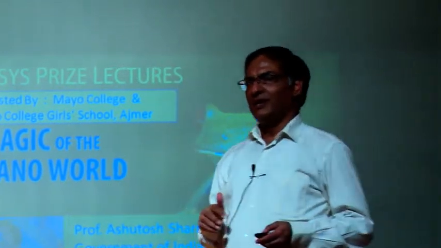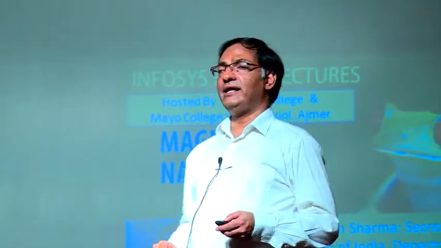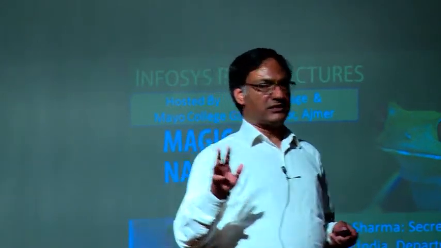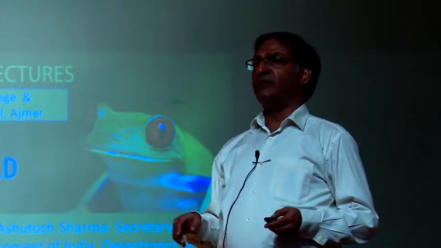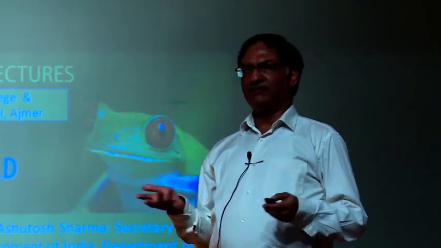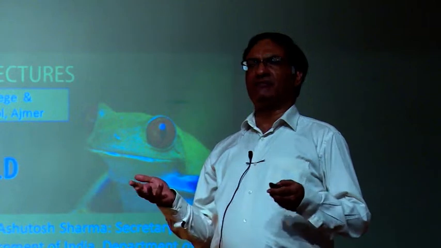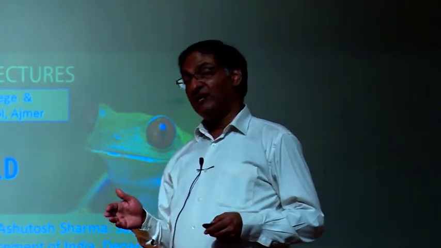What you need to do is look at those experiments where something interesting happens, where you do not get the result which is given in the book. And if you focus on that, then there's a chance, that iota of chance, that one has to catch very strongly and pursue. Right? So that's the trick. That's why I keep saying there's no such thing as a failed experiment, because an experiment is a reality. Reality never fails. You cannot falsify reality. You just have to find out the reason for that reality, and that is science.